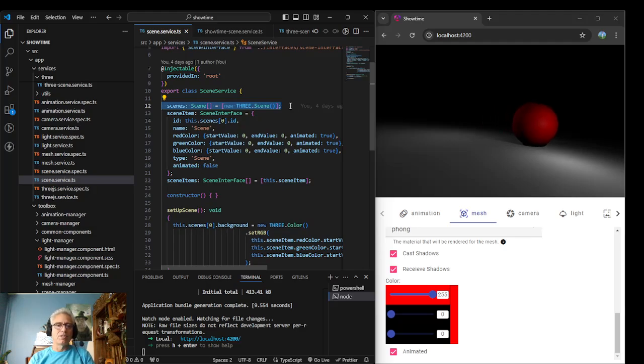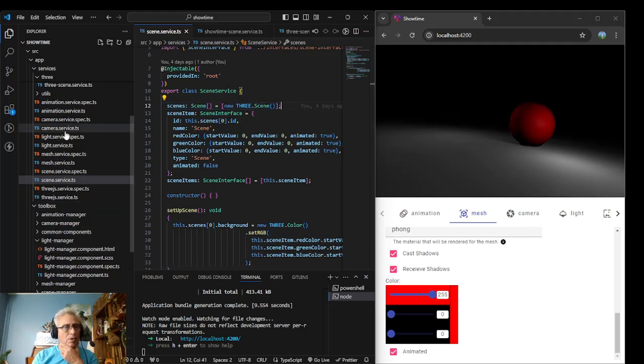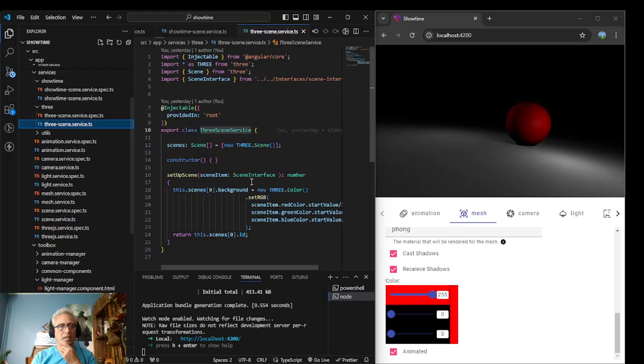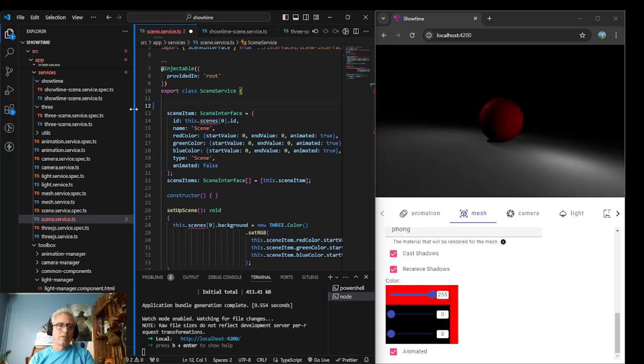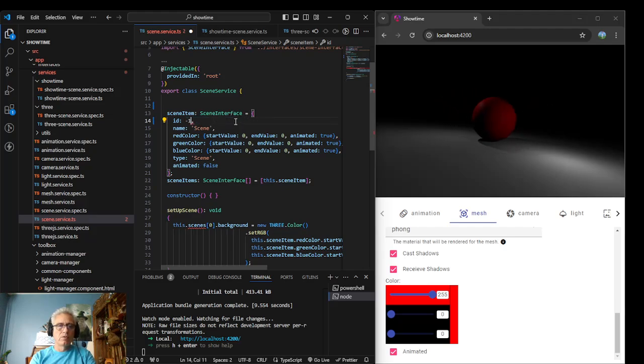So I guess I'm still going to try that. Let's go back to our three scene service. I have a setup scene that returns that ID. What I'm going to do is, this is crazy, I'm going to come in here and just get rid of this again, and I'm going to set this to -1. And then I'm going to tell this that it's going to get a scene,